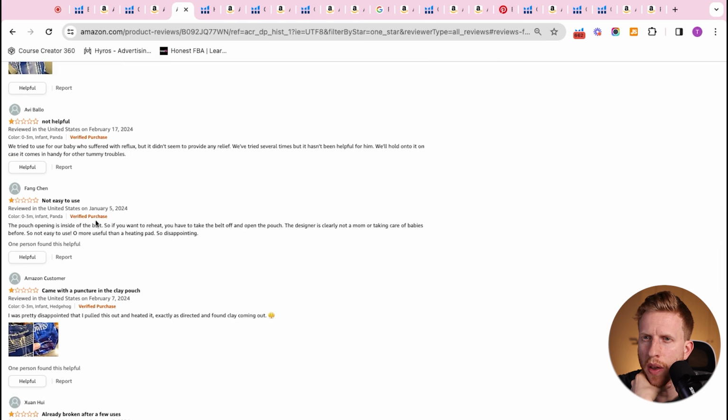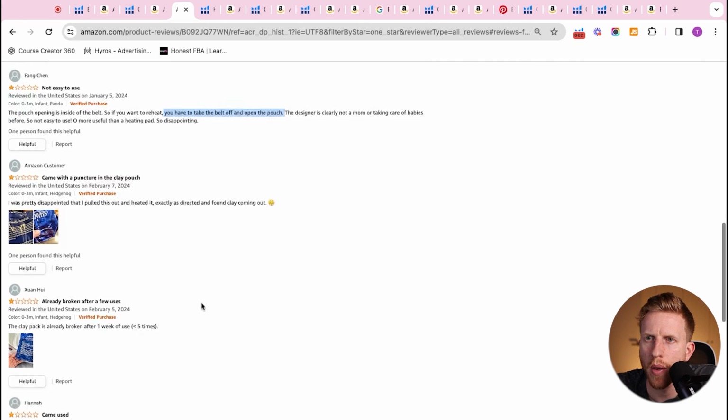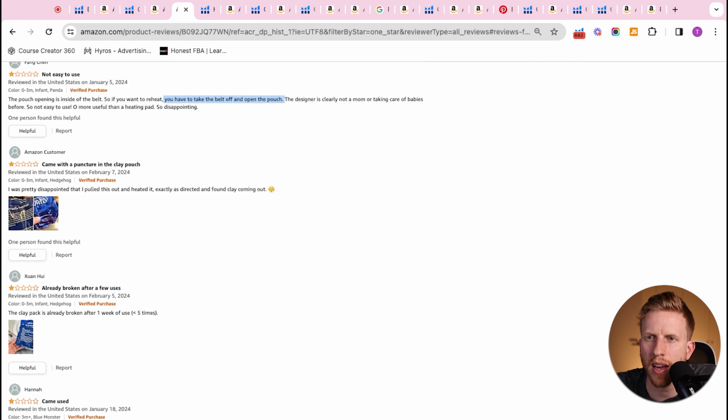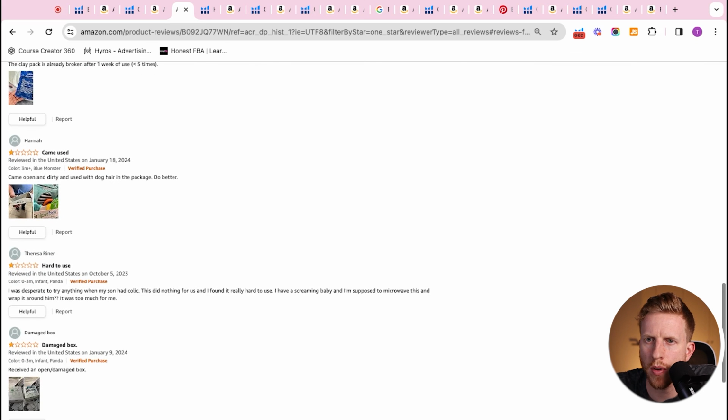But the pouch opening is inside of the belt. So if you want to reheat, you have to take the belt off and open the pouch. So look, the designer is clearly not a mum. This is an example of a functional design. Maybe you could mention this. You could create one where you can actually change it without taking the belt off. And this is a perfect example of why reading the reviews is so important, because it just allows you to gain insights into what people, you know,